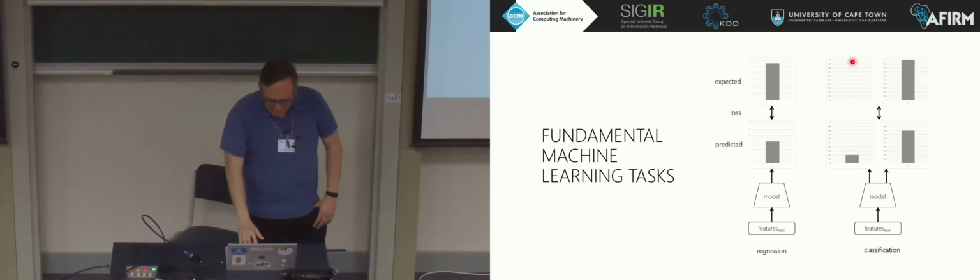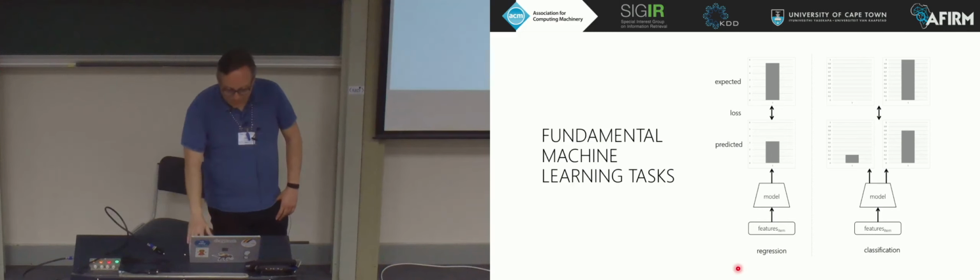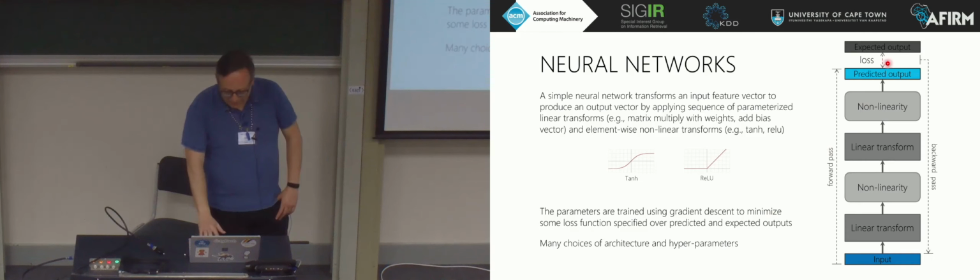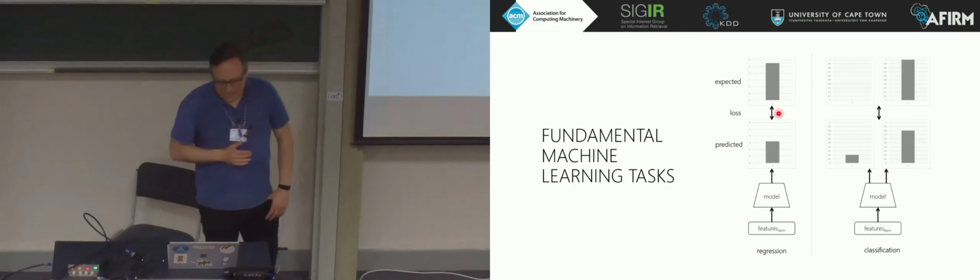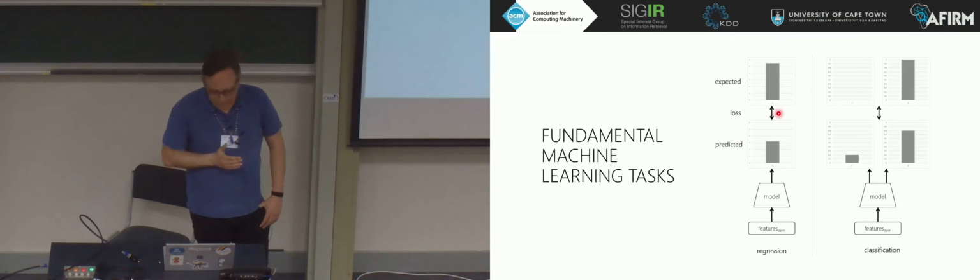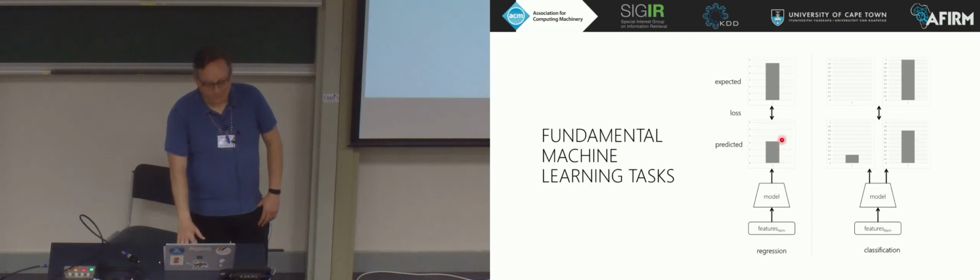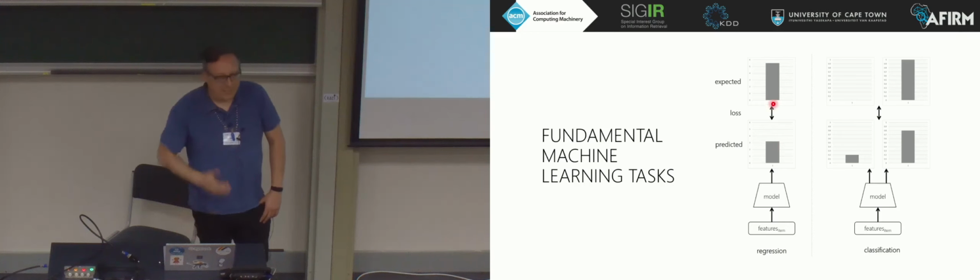So let's say, two things you might do. Now again, we're doing the same thing. The loss is here in this diagram, and it's here in this diagram. It's just the same thing again, but we're zooming in on that part. One task you could do, for example, is say I want my model to predict a certain number. For a given input, it's going to predict a certain number, but I expected some other number,